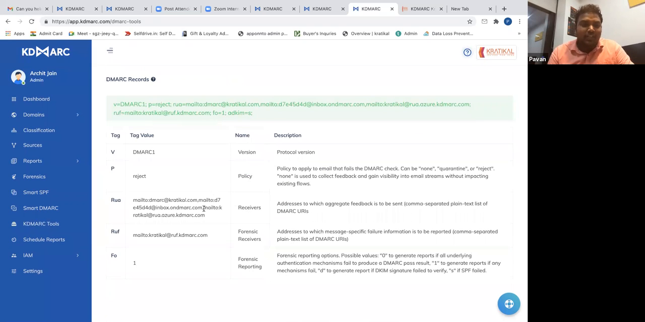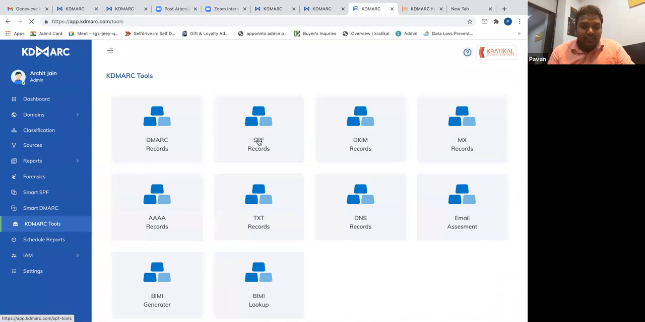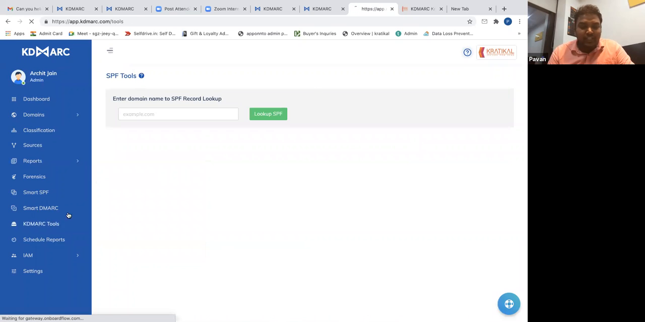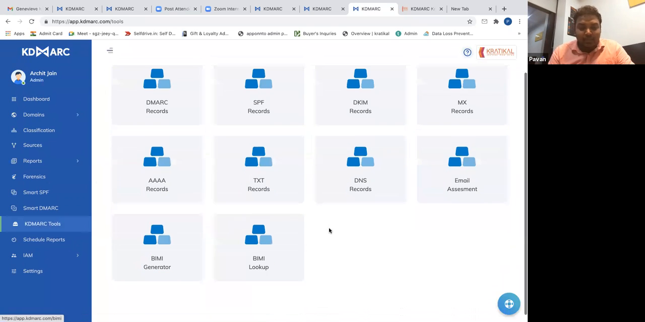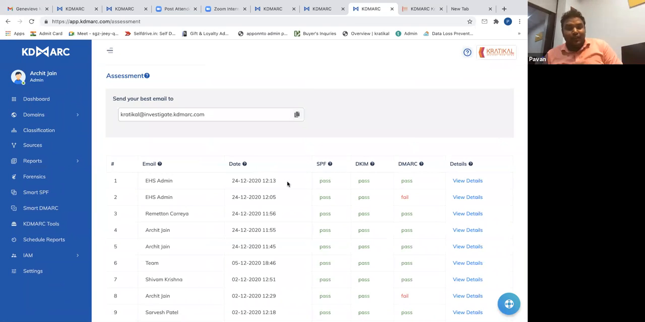And you can also check what kind of things that they have. The same goes with SPF, same goes with DKIM, and etc. There's one more important thing that I just want to tell you, which is this email assessment. So once you have configured, let's say you just configured your SPF, DKIM, and DMARC record, and this is the particular problem we